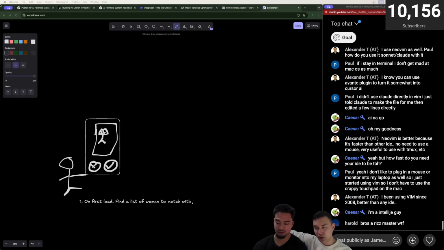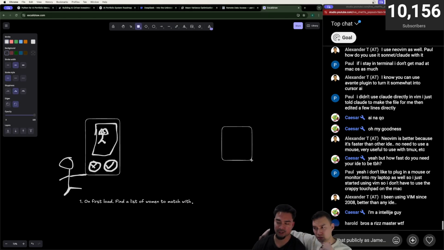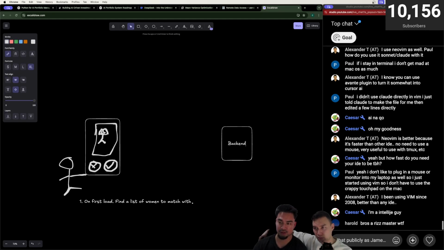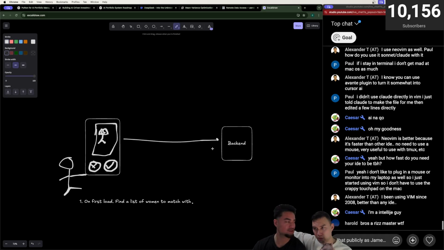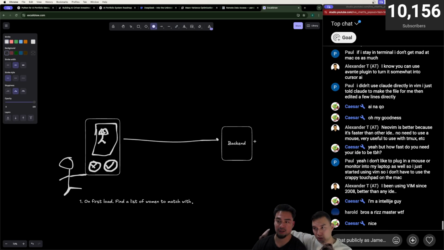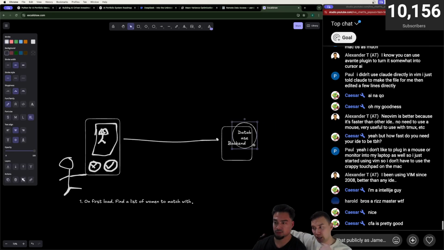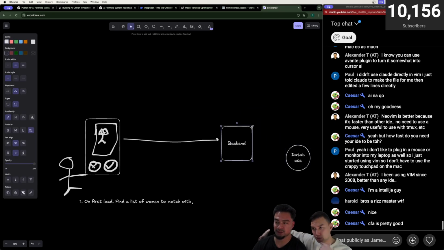Your phone would send a request to a backend database for the list. So you're right, we have a backend. You're saying this phone has to talk to the backend to get the list. And then the backend has a server or a database that it's talking to. Is the backend not hosted on a database? Are the backend and database the same thing?